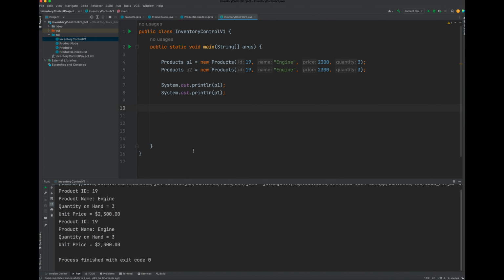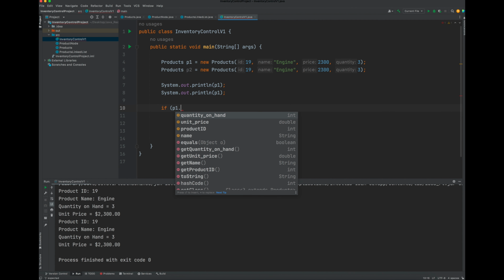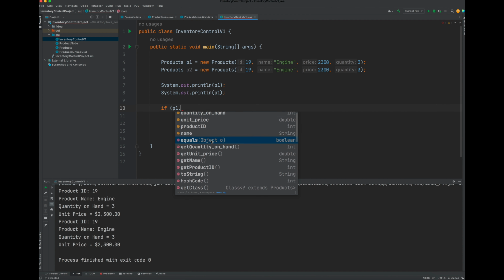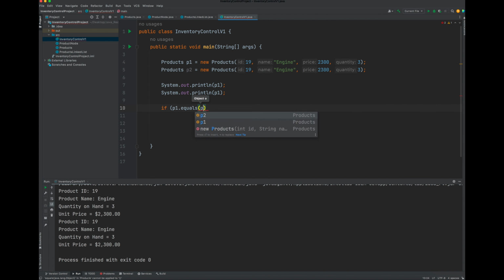But that's not good enough. We're going to compare these two if they're equal. So we could have an if statement. If P1 equals P2, if that's true, right? Or you could use the equals method. Dot equals, just like we did with strings, right? So we could use the equals, and then we'll do P2. If that's true,